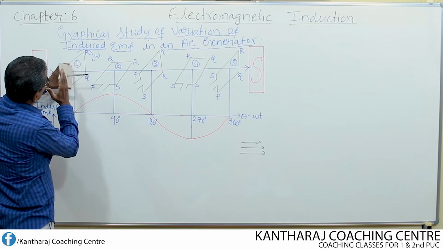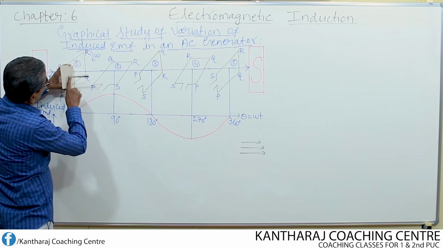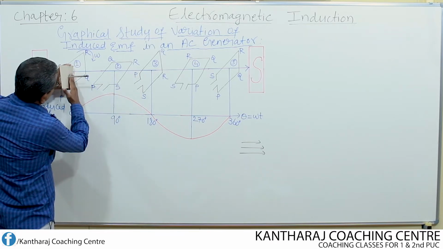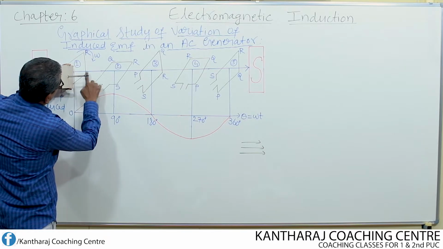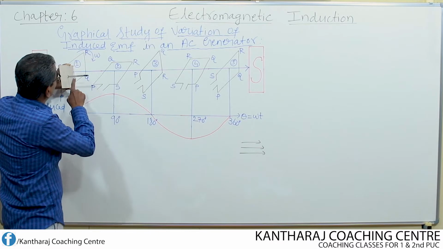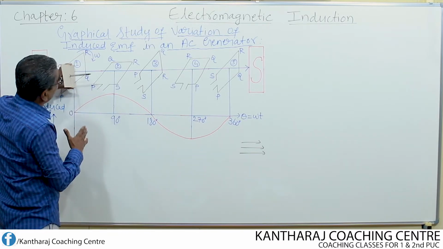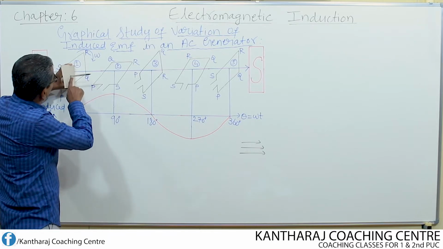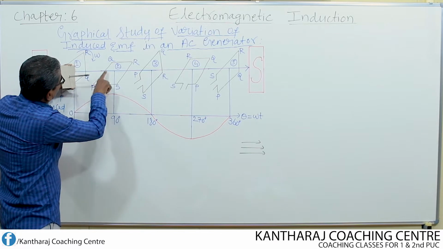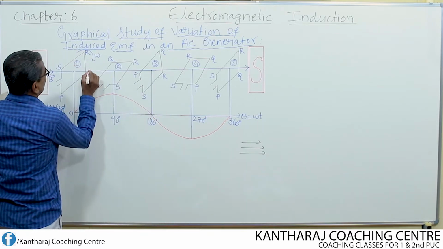Let us start with stage 1, 0 degree. Now the area vector is parallel to the magnetic field, or the plane of the coil is perpendicular to the magnetic field. Let us stick to any one. Either we will make use of the area vector as the reference or the plane of the coil as the reference. Now I make use of the area vector itself. So the area vector is parallel. So along with this we shall keep writing this also.